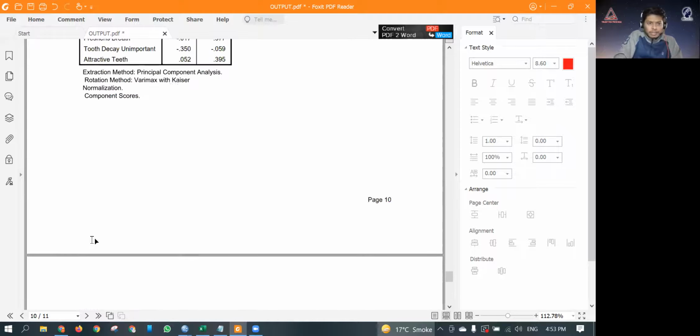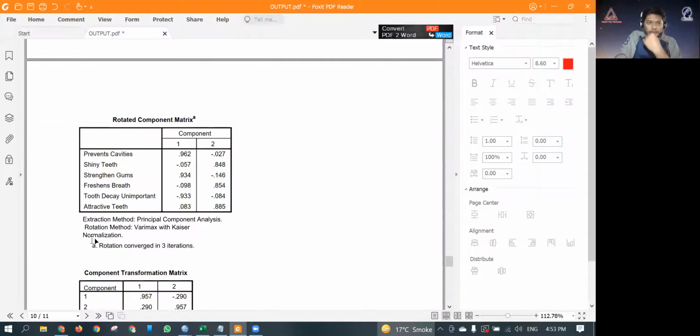For example, if I do the construct analysis of the first data set that was given to us regarding the toothpaste, you can see that here preventing cavities, strengthening gums, and so only these two were important.